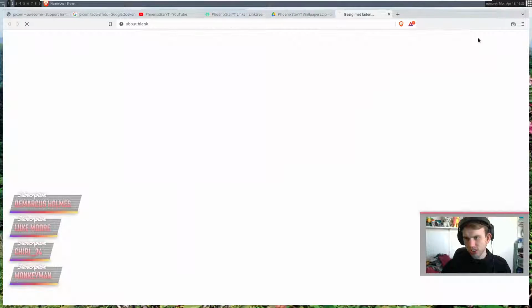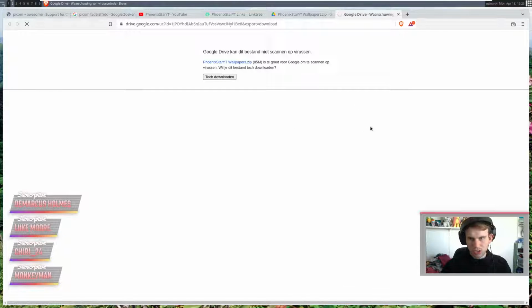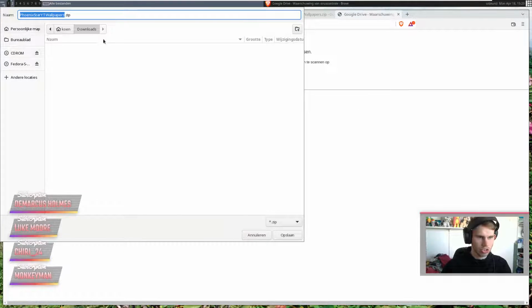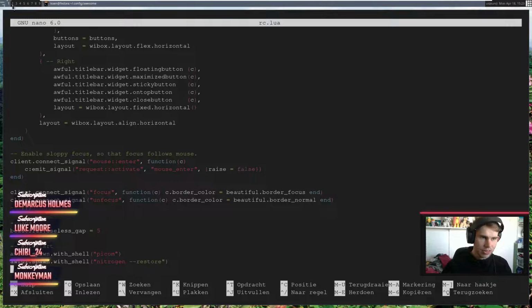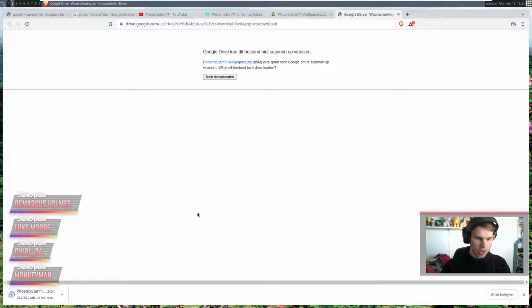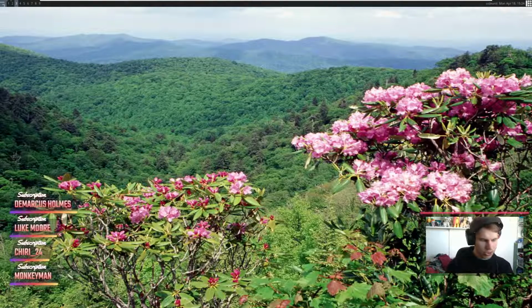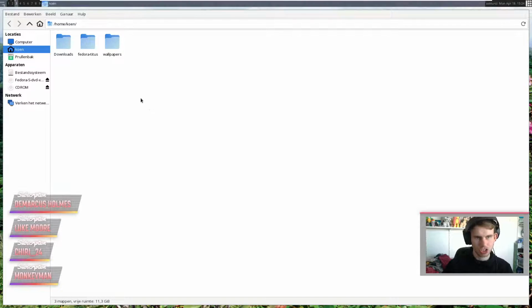And all you need to do is just hit this little download button and download everything, and then you can go to your downloads folder, save it all out in there, and then you can set all of my wallpapers as your own. So that's exactly what I'm gonna do. I'm just gonna download this stuff, and once that's done, I'm just gonna set a wallpaper, and we're gonna look at that thing for probably the majority of the time, unless I decide I want to use something different as my wallpaper today. So yeah, we can change those out later, actually.